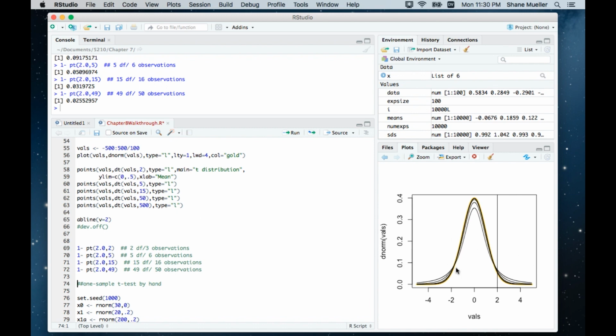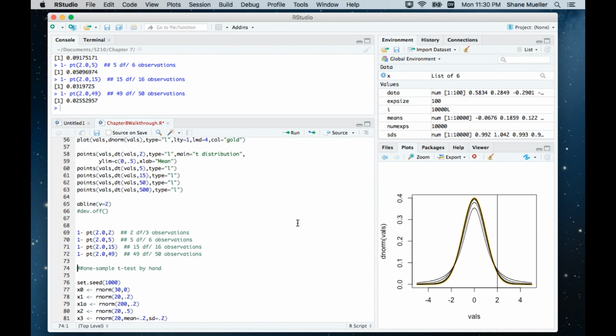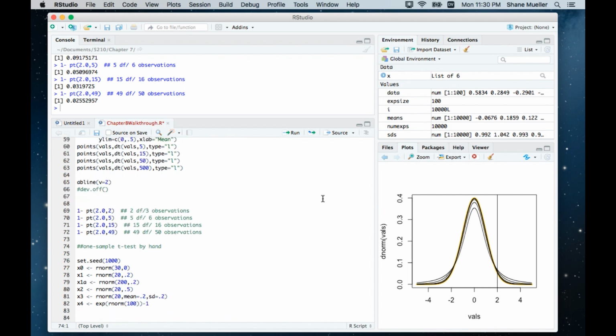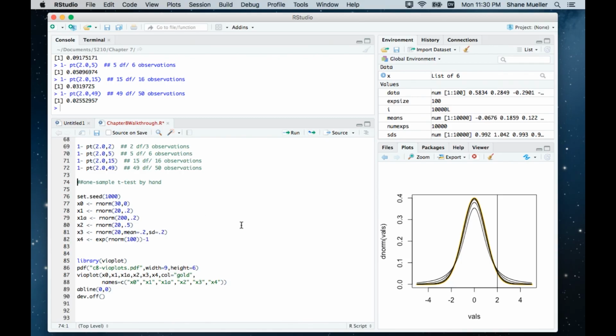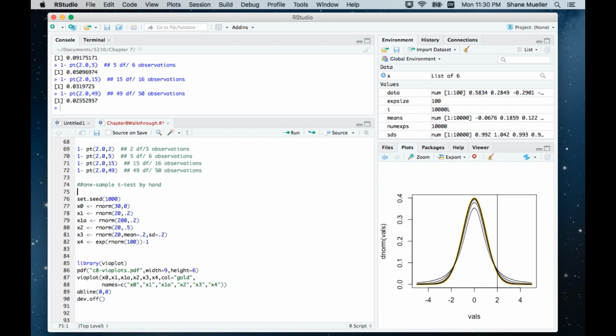But you can see that the shape doesn't change much, so most of the action really isn't in here, but it's in the boost I get from my t that I'm calculating. The t value is going to get more extreme because the t is calculated by dividing the mean by the standard error. Okay, so